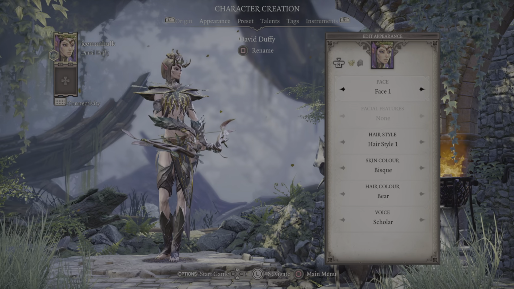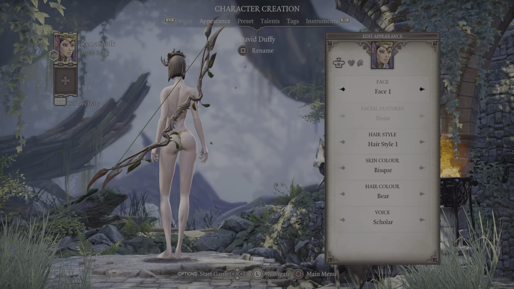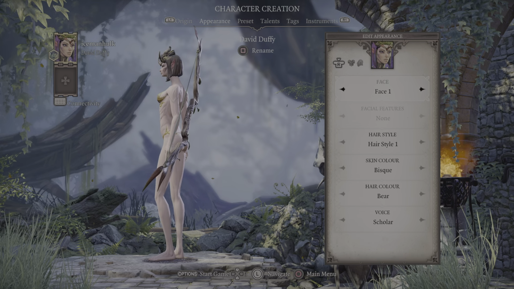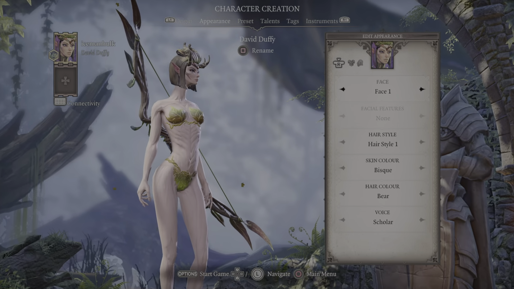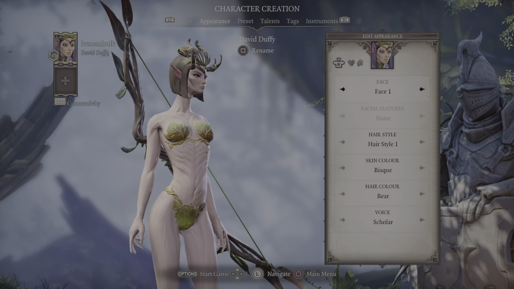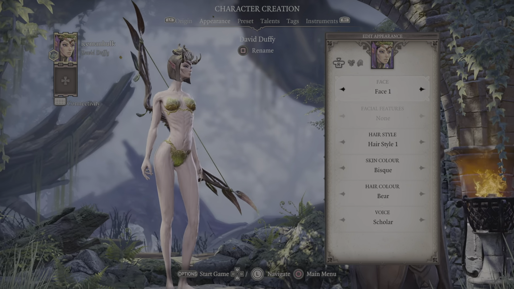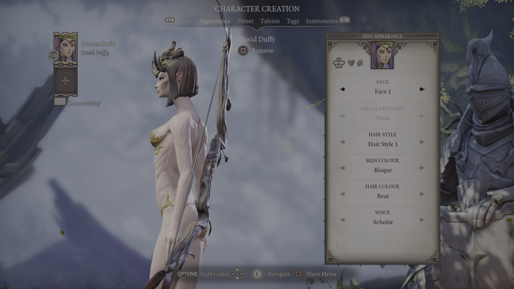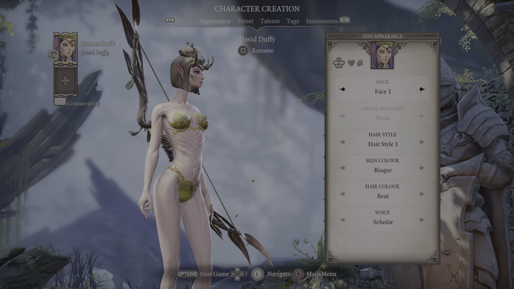Then I'm going to go to Appearance. Again, Corey can do whatever he wants. Elves are really weird. Their body types almost look like they're made of plant life. Like they have this weird, veiny, almost plant-like, bark-like appearance. Anyway,